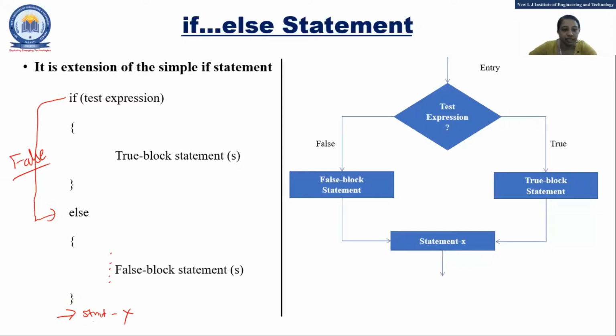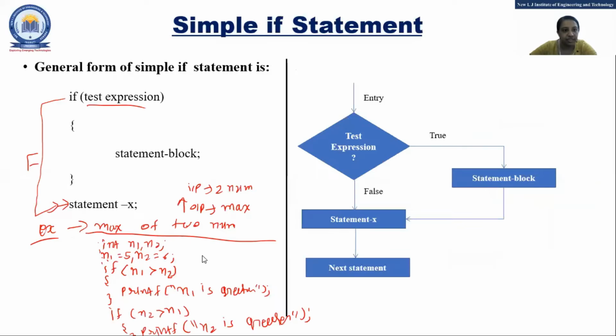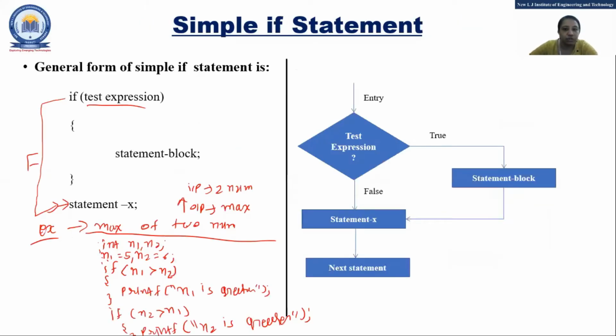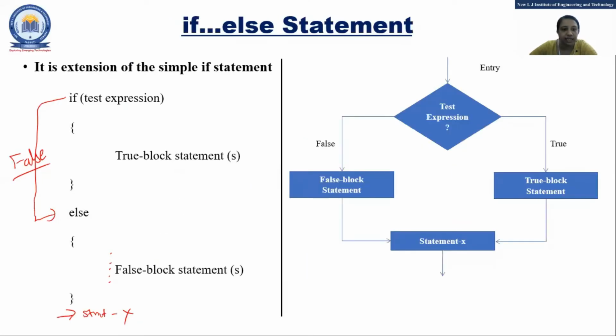If there is any doubt, then just let me know here only. Any doubt in the if and if else statements? So today we are going to see these two only, if and if else. There are four types: if, if else, nested if and else if ladder. We'll see those tomorrow. Now we will see programs related to the simple if and if else statements. So I am ending this meeting. You need to rejoin it quickly. Fine? Okay.